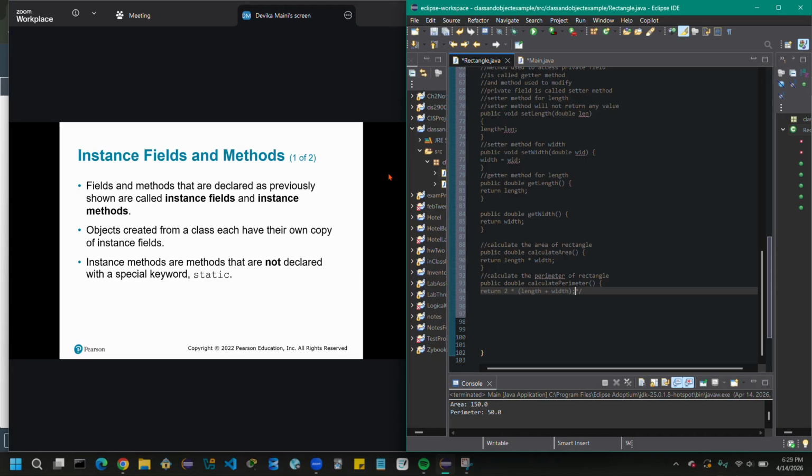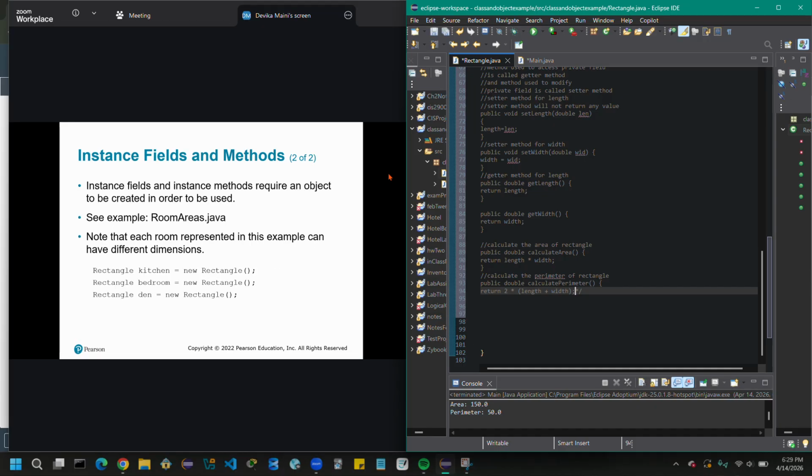The fields and methods declared here are called instance fields and instance methods. Objects created from the class have their own copy of the instance fields. Instance methods are methods that are not declared with the static keyword. Instance fields and methods require an object to be created in order to be used.